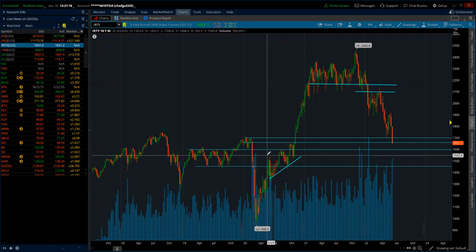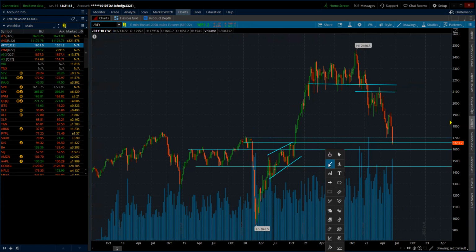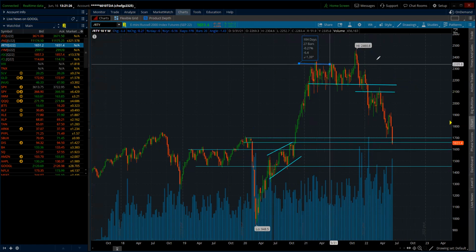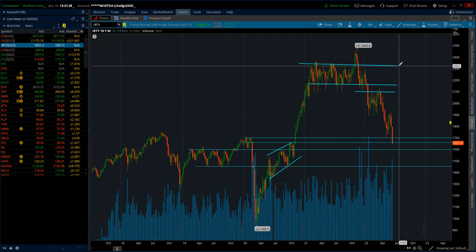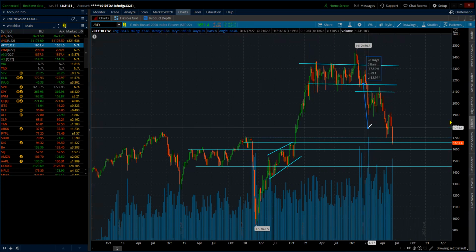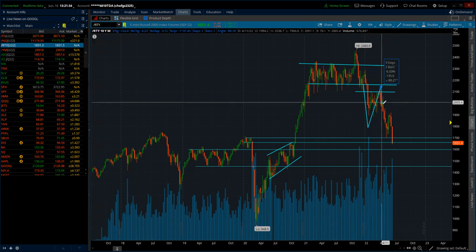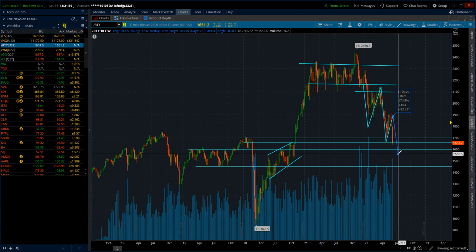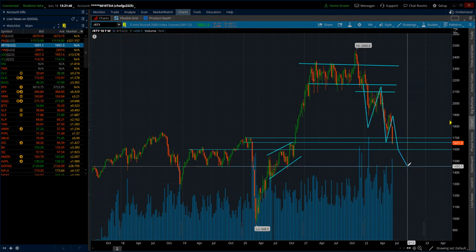So giving you guys a nice little rundown on supply and demand, what these zones are and how you can use them. Look at this. Now we're flushing down, and because we gave up this huge distribution phase, we're definitely going to head into the next one. That's exactly what it's doing. Here's your downtrend. Here's your rejection. Here's your confirmation. Here's your little dead cat bounce. And then here's your flush all the way down to the bottom again. The next piece is going to hit that 1594, and then from that you're looking at 1450, which is pretty aggressive. But you could expect a little more slowdown in the market pretty soon.